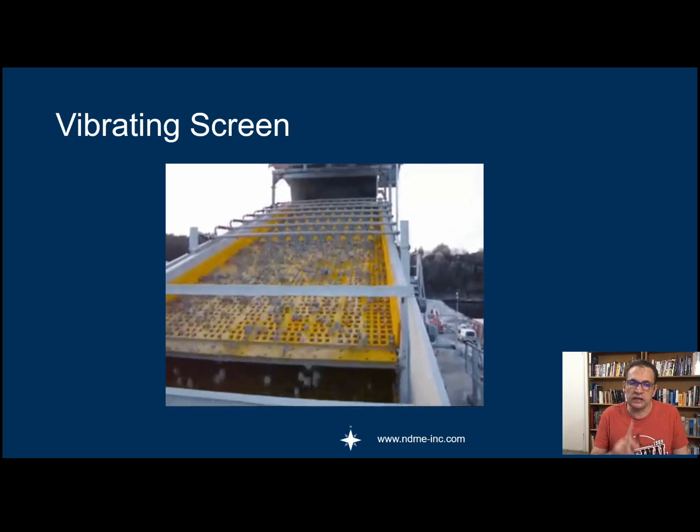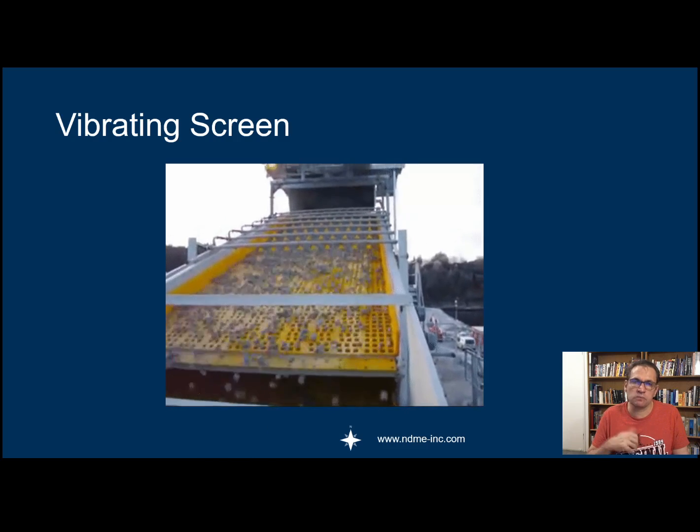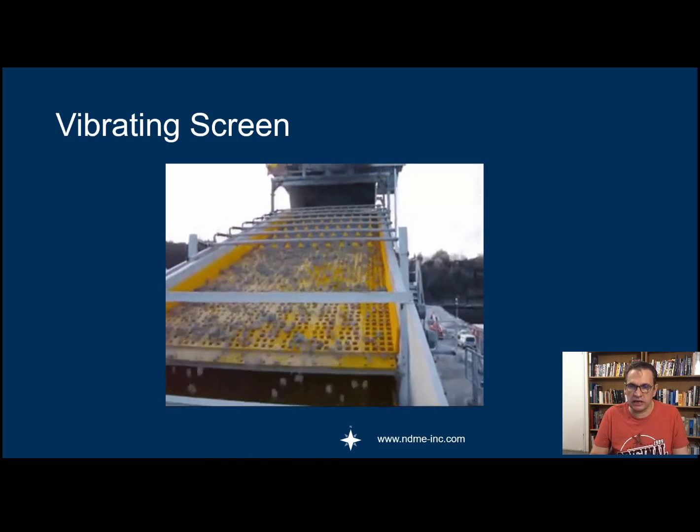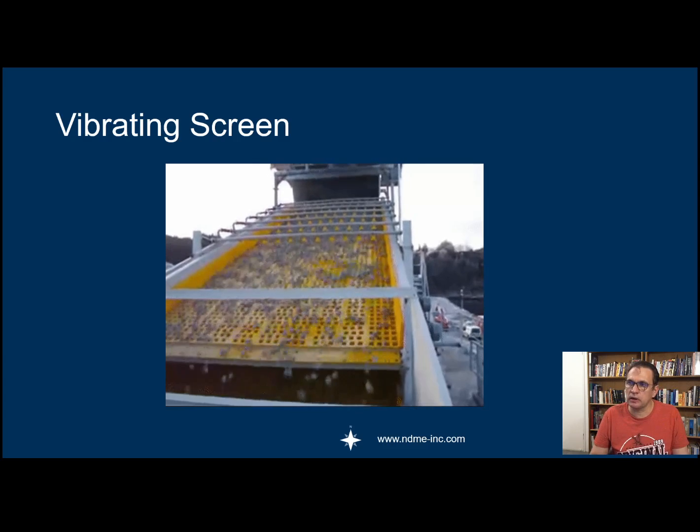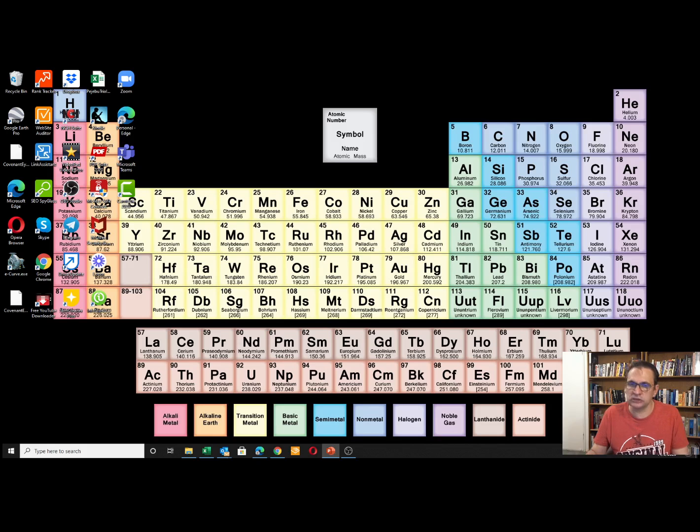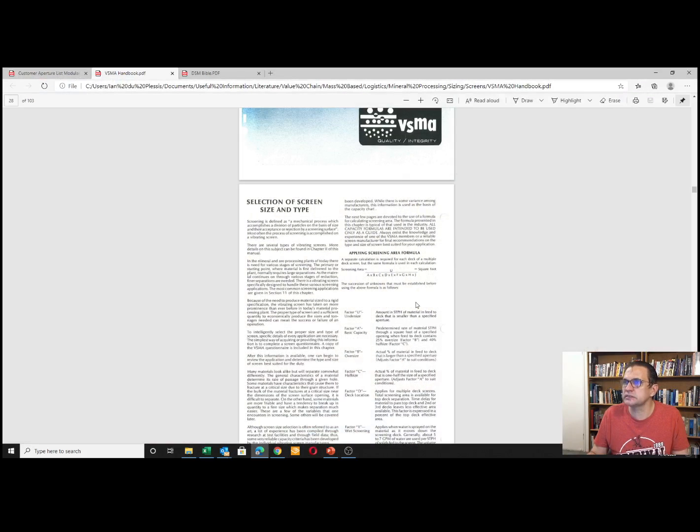Now, the vibrating screen sizing is often dependent upon, I've got a few things here that I want to show you, the vibrating screen manufacturer's manual, and I'll make this available to you as well. At least this manual gives you a basis on which to have an intelligent discussion with the vendor